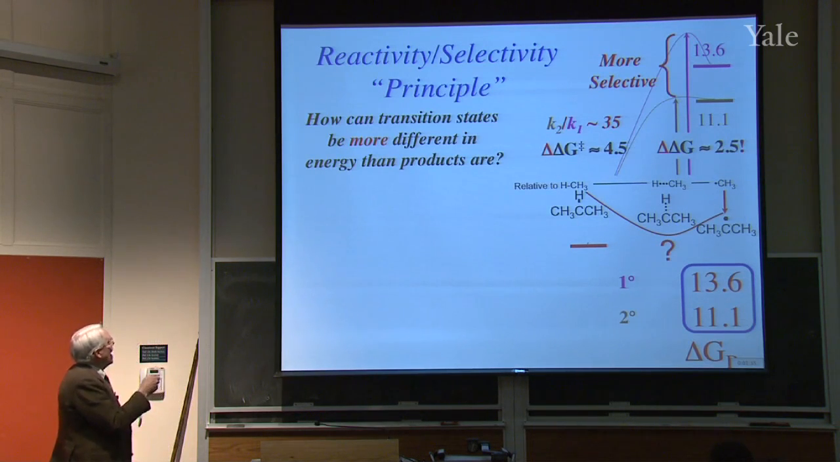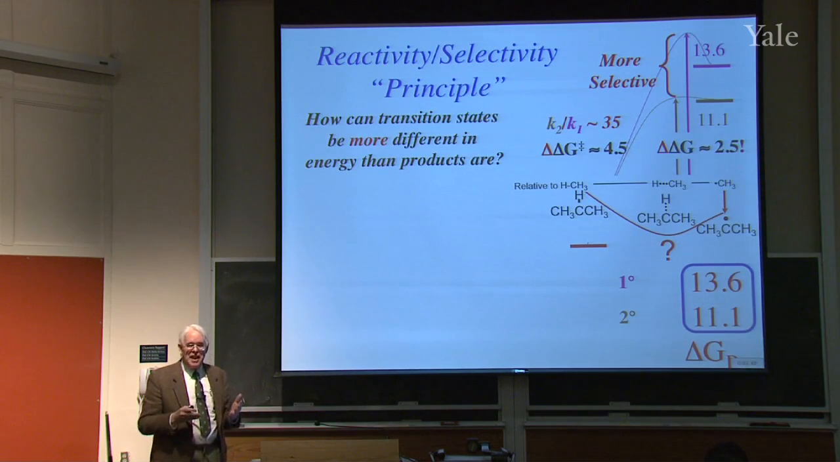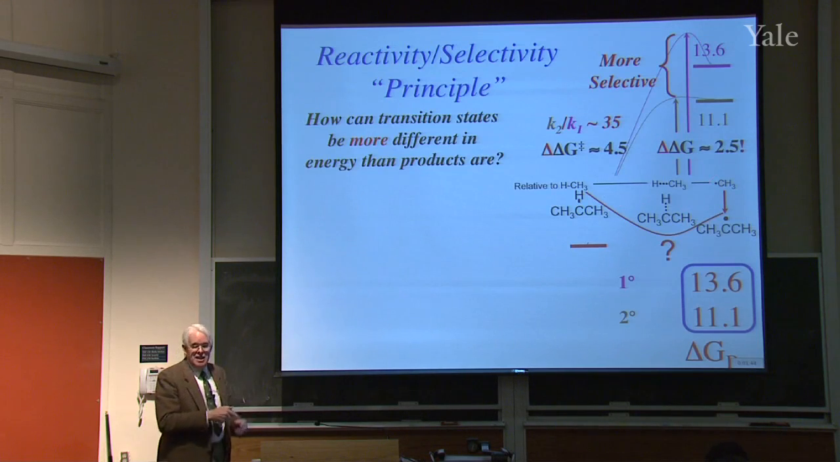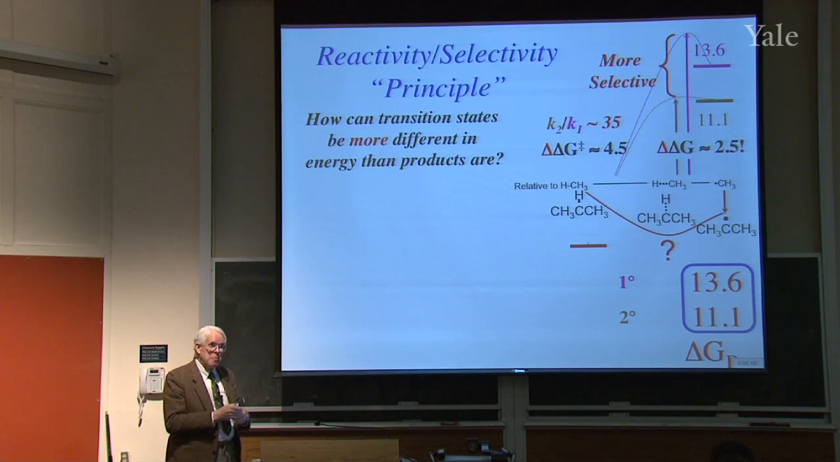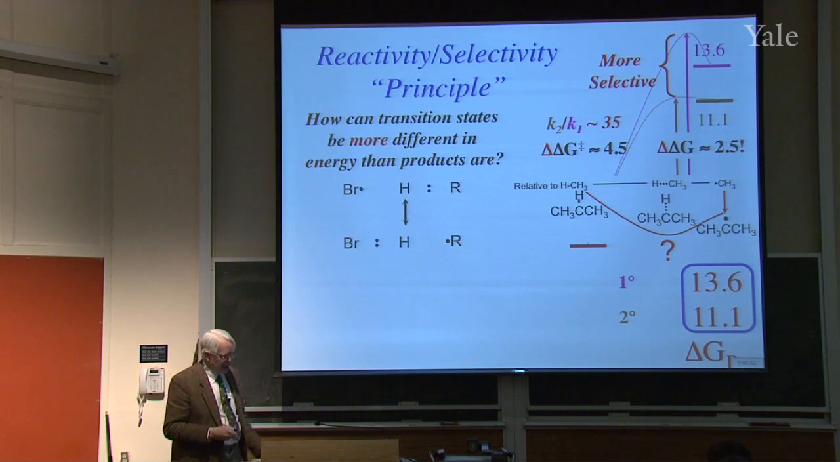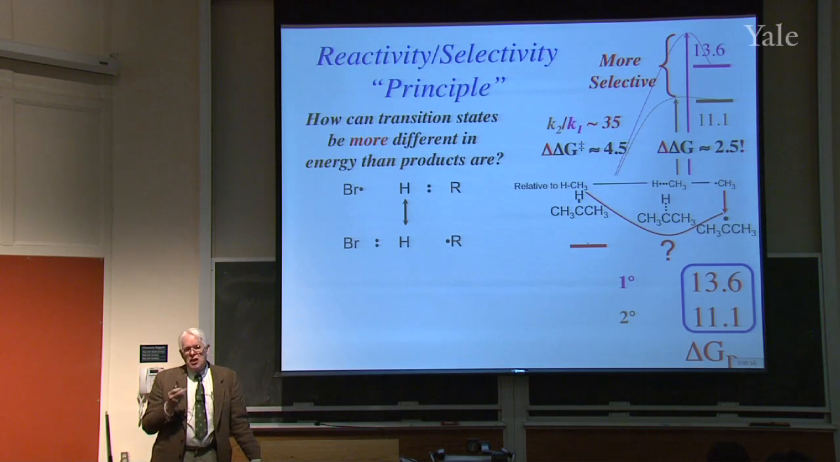Okay? So how can the transition states be more different in energy than the products are? This might not be a straight line, but at least you'd expect it to be monotonic, not go down and then up again. There's something we're missing here. Now, from a resonance point of view, one can look at it. The trouble we're having is understanding the energy of